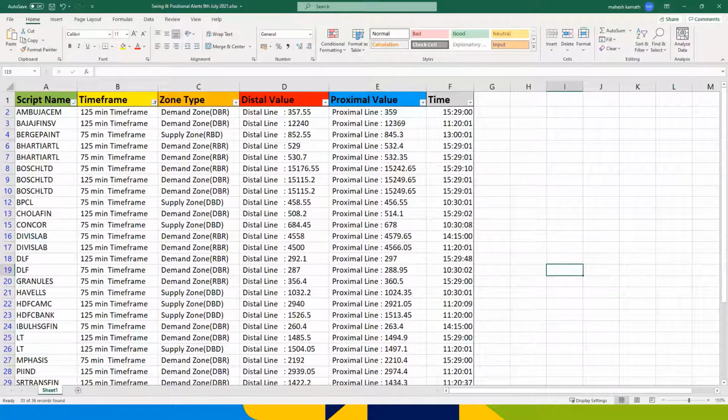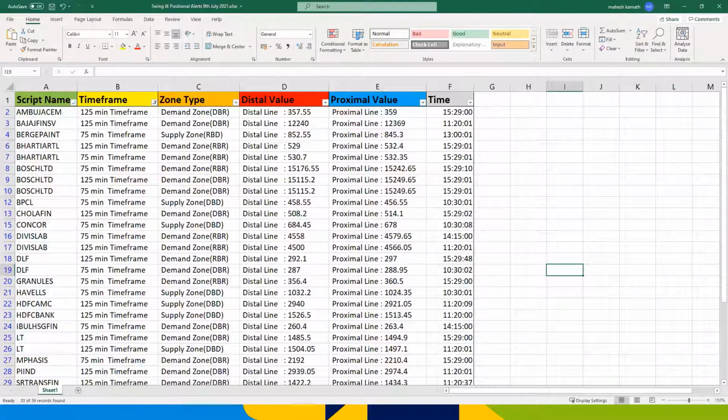Satish says, generally how many days does price take to reach a supply and demand zone? Satish, I will not be able to give you a fixed timeline. But if a zone on a smaller time frame, say 15 minute or 25, does not come back within a couple of days, then I do not bother about the zone if I'm trading short-term trades. And for 75, 125, generally within a week, 10 days, you get pullbacks. If not, new zones will form on the way up or way down.